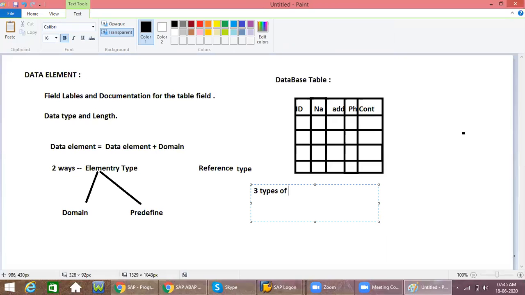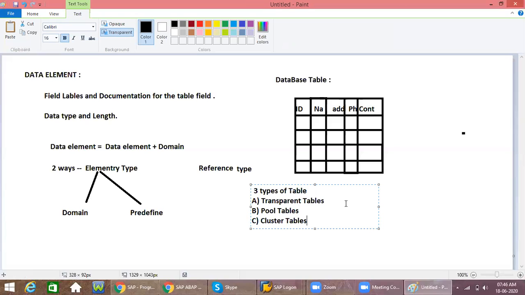The first one is transparent tables, the second one is pool tables, and the third one is cluster tables.